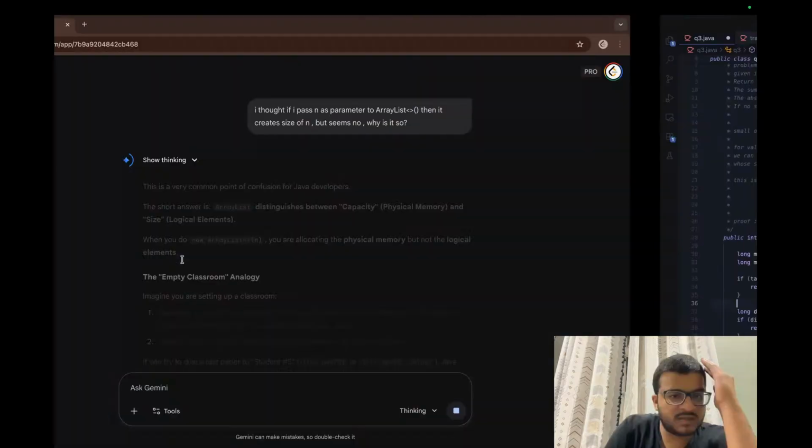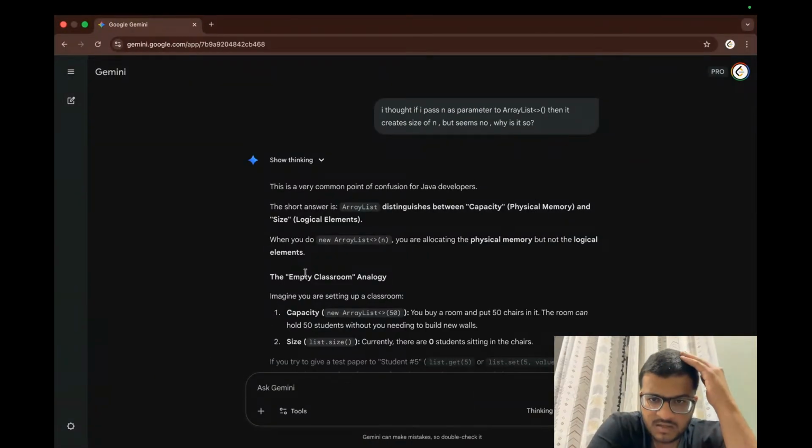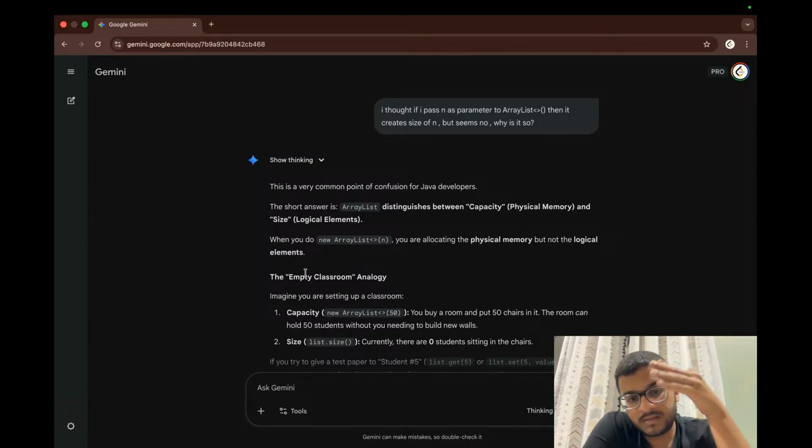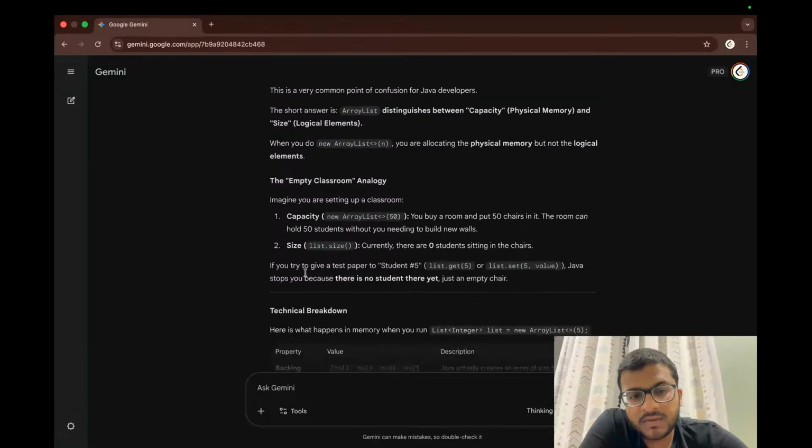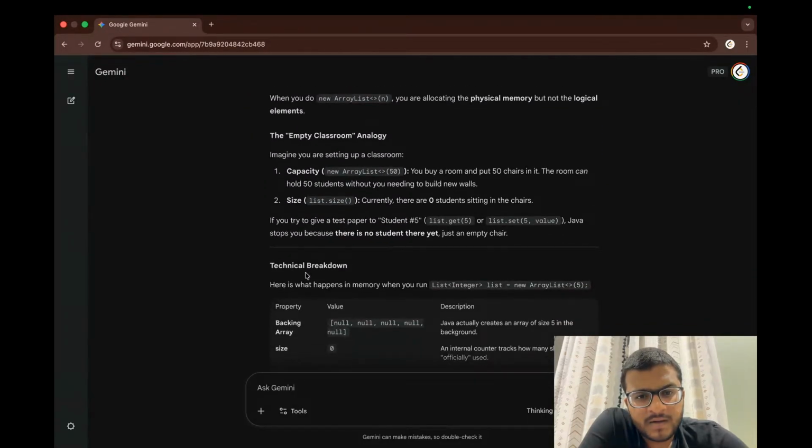Yeah, but let's see the main thing we asked, right? Confusion with Java developers. Okay, I thought it's not a confusion. Okay, never mind, guys. ArrayList allocation, capacity and size. Okay, interesting. When you do new ArrayList 10, you are allocating physical memory but not logical elements. Imagine you're sitting in a classroom, your room has 50 chairs, and the room can hold 50 students without needing to build new walls. Currently, there are 0 students sitting in the chairs. If you try to give a test paper,